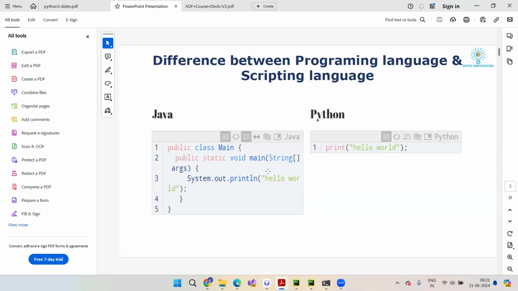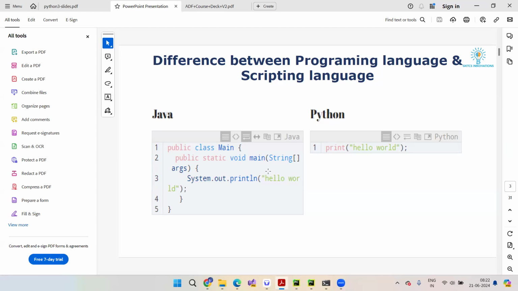Scripting languages are very small in length, and they do work which simply removes the manual headache of a developer. That's where a scripting language comes in. So Python can also work as a scripting language. That's the aim. In a scripting language, we don't follow any architectural pattern or anything like that.